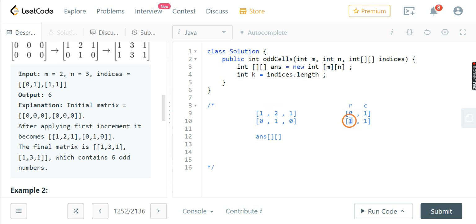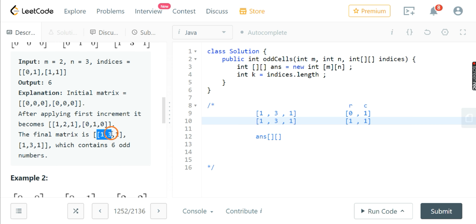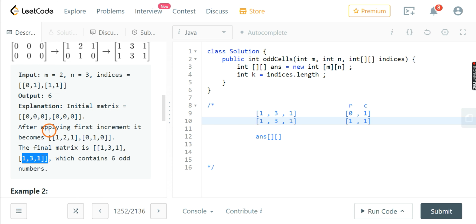Now again in the first row increment everything: 2 and 1. Okay, in the first column increment everything: 3 and 3. See, 1 3 1 and 1 3 1. So this is how we have to do this question.